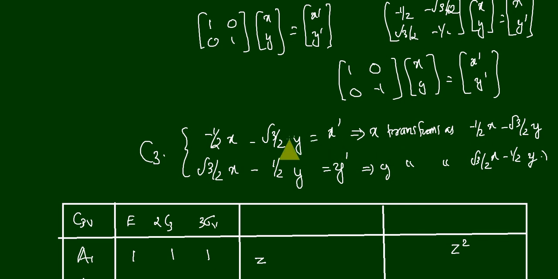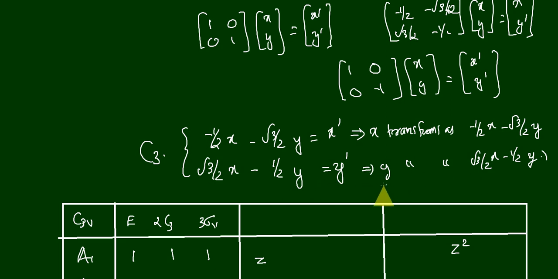So x transforms as minus half x minus root 3 by 2 y during the C3 operation, right? And y transforms as minus root 3 by 2 x minus 1 by 2 y during the C3